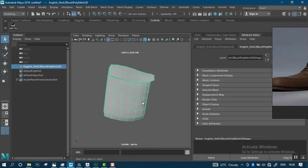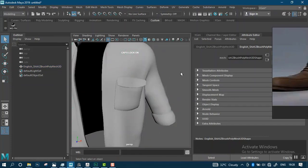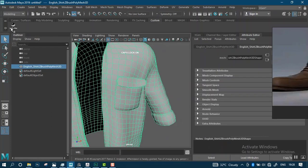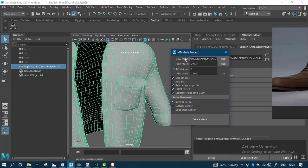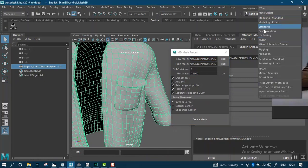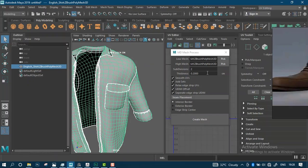So let me just show you this MD script in here. So I select this model now, and I use the MD script on it. So for the low poly and the high poly, I'm just going to pick the same mesh for it. Let me make sure I'm on UV editor. Now I don't know if you actually export this out to,